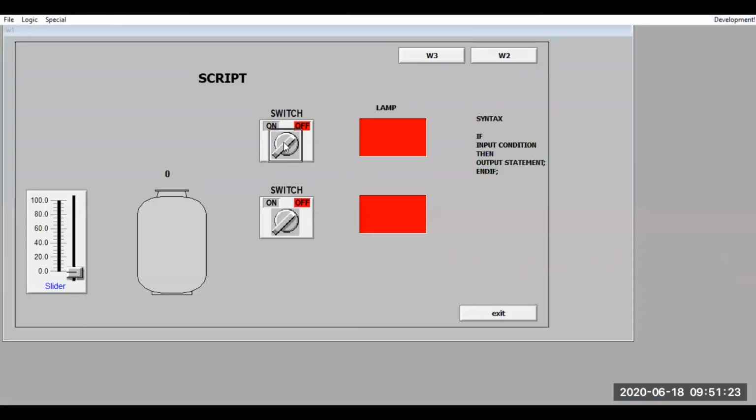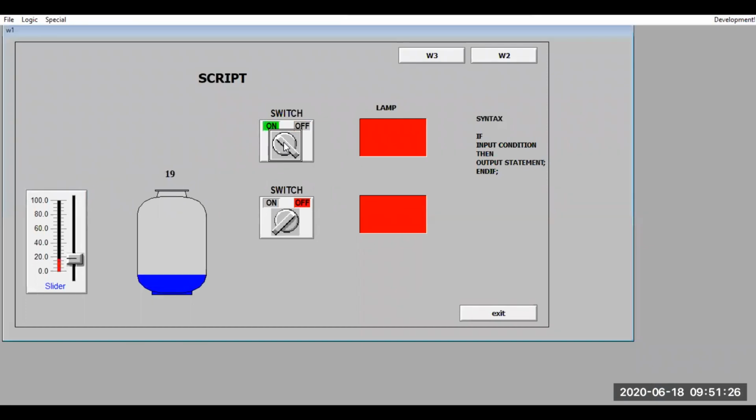Turn on this. It is gradually increasing. See, 15, 17, 18, 19. Yeah, it's going. It is increasing above 100 also. Right? This is the problem I told you about. If you turn off, it will turn off. But if the switch remains in the on condition, it is going beyond 100. That should not happen.